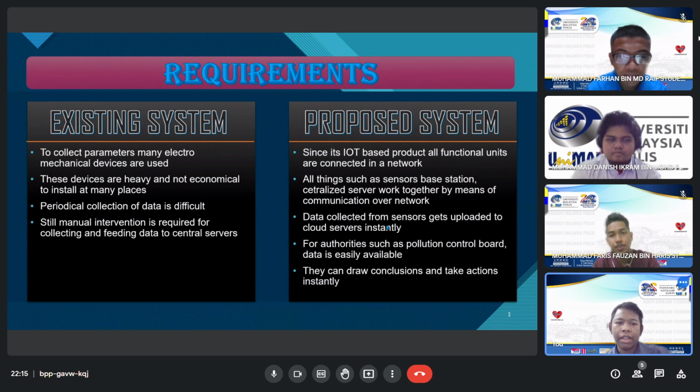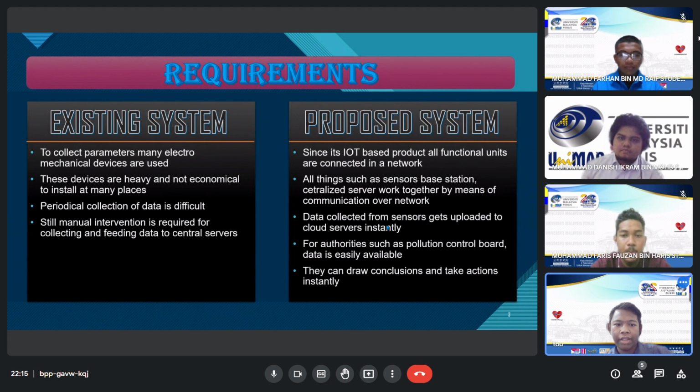Basically, this project needs some requirements to make it work. By distinguishing the difference between the existing system and the proposed system, we can see the pros and cons of this project. In the existing system, to collect the parameters, many mechanical devices are used.